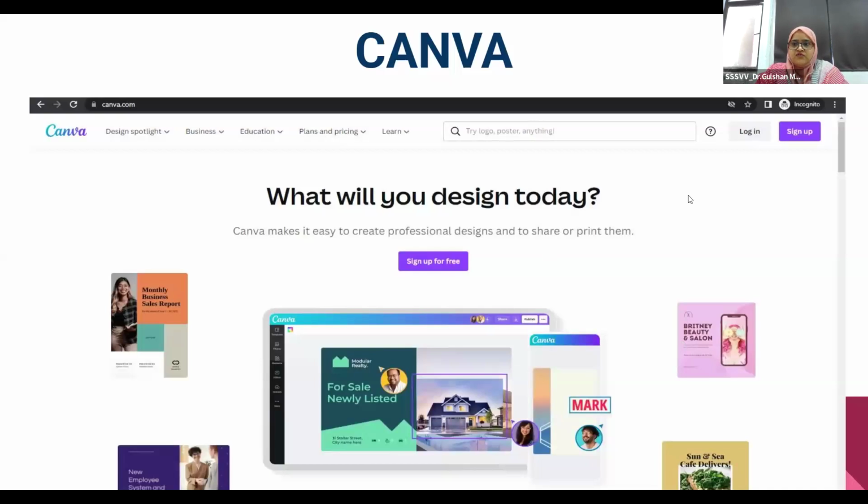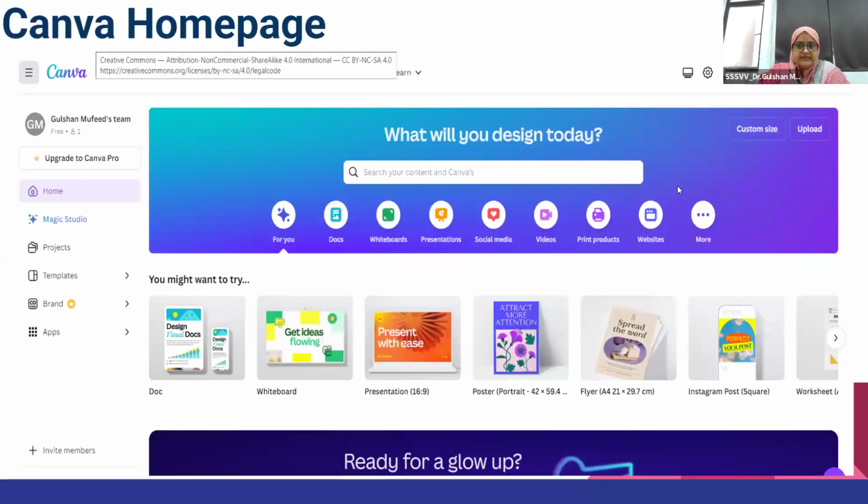This is the homepage of Canva, so I'm not going into Canva itself. I'm just sharing the information regarding Canva by showing you the screenshot, because most of you are familiar with Canva.